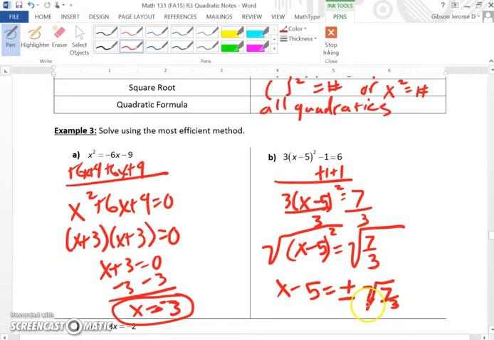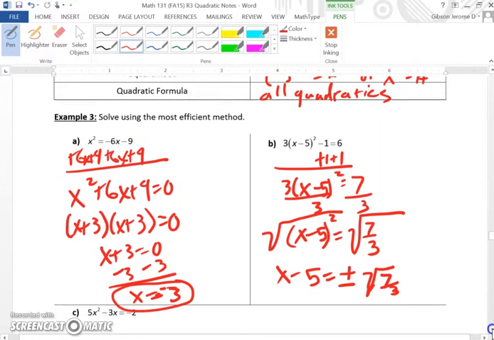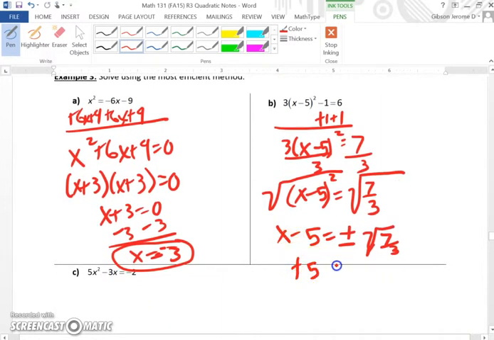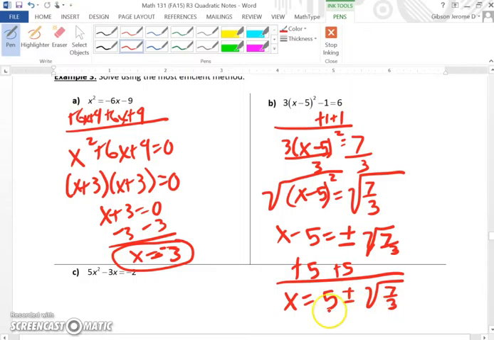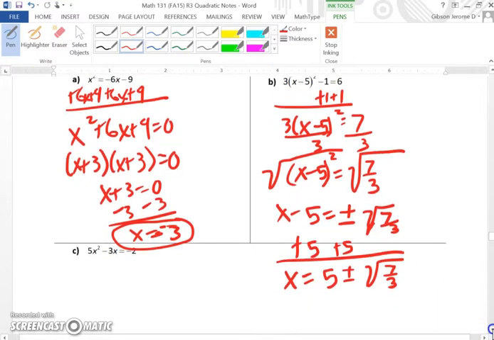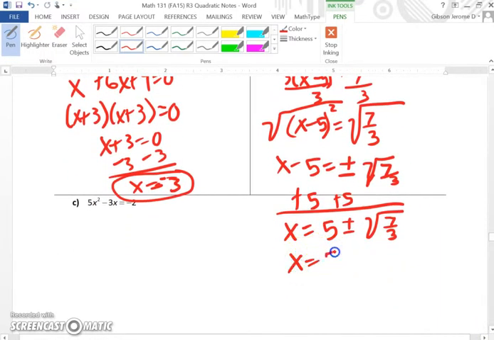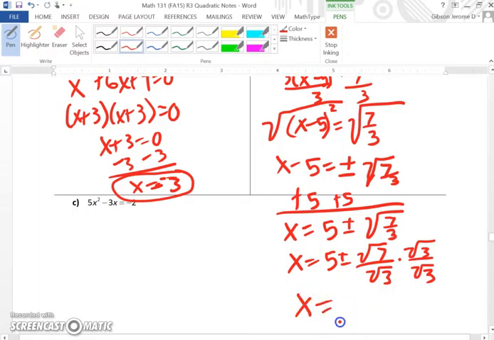Does everyone follow that? Okay, next, we will add 5 to both sides. And we have x is equal to 5 plus or minus the square root of 7/3. Now we know we cannot leave this square root of 3 down here. So we have to go on. It'll be x is equal to 5 plus or minus the square root of 7 over square root of 3. We multiply the numerator and denominator by the square root of 3. And our final answer would be